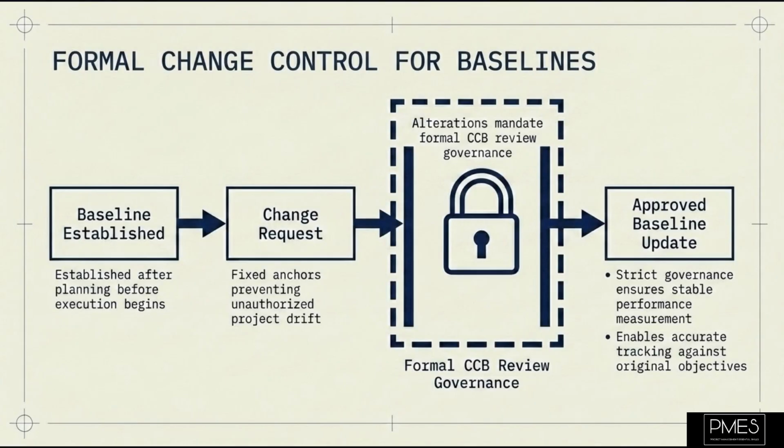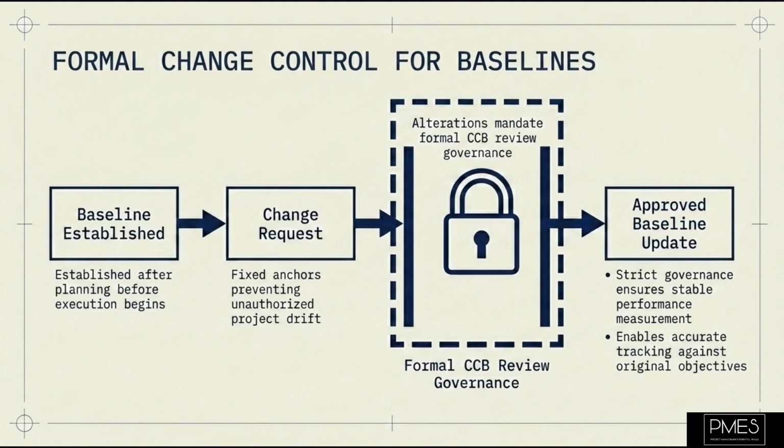The key distinction lies in how changes are managed for each type of artifact. Baselines are established at a specific point in time, typically after planning is complete and before execution begins. Once approved, baselines are fixed and can only be changed through a formal change control process. This means that any proposed alteration to the scope, schedule, or cost baseline must go through a change control board